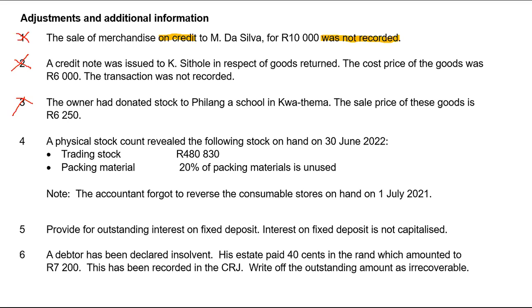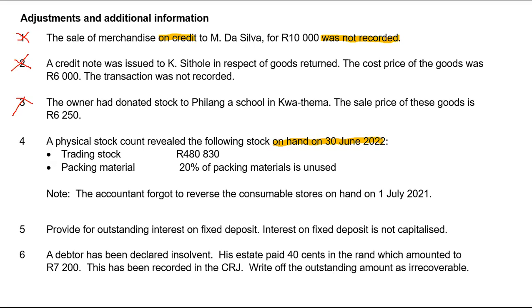Physical stock count revealed the following stock on hand. On hand means it is what we've got. On the 30th of June 2022. You need to understand, when you're talking about physical stock, it means that stock was physically counted, okay, at the end of the day. So what we've been doing, all of this, let me just finish this off. So they said trading stock then is